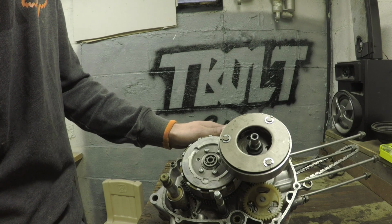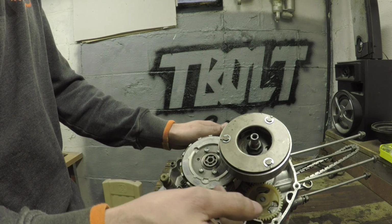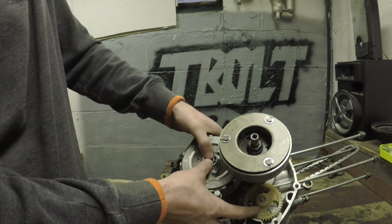What are you talking about? The difference between an auto clutch and a manual clutch, you don't need that when you have a manual clutch, because all it does is, yeah, the